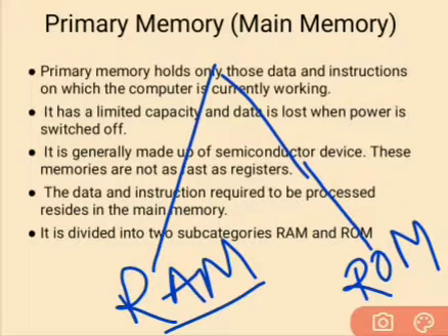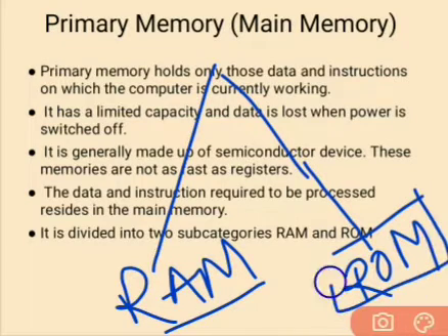It is said to be volatile since its contents are accessible only as long as the computer is on. The content of RAM is no longer available once the computer is turned off. Whenever the computer is on, that time this memory is present. After the computer shuts down, it is not holding that information.